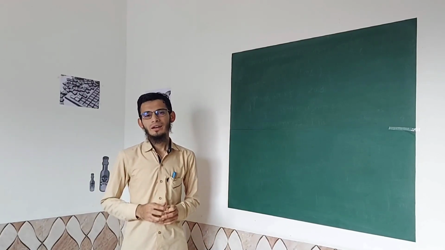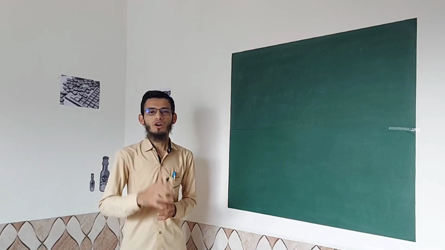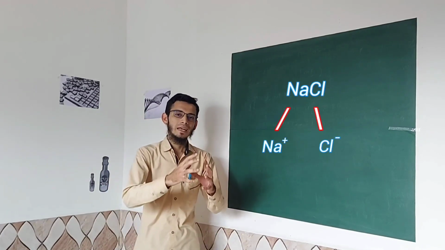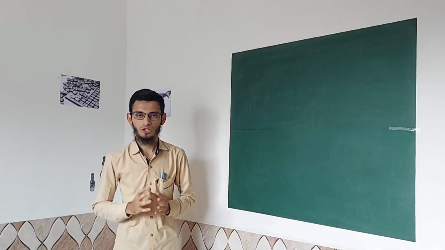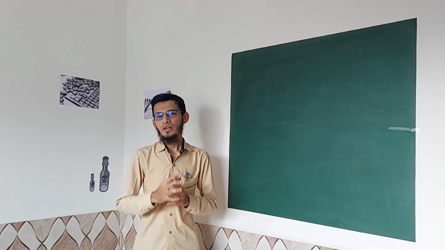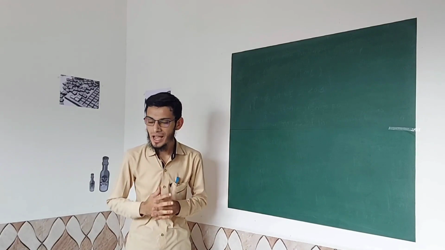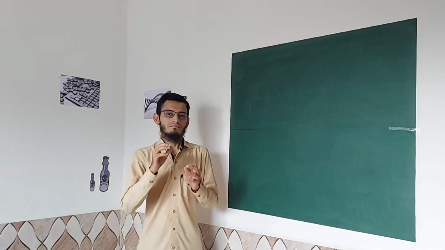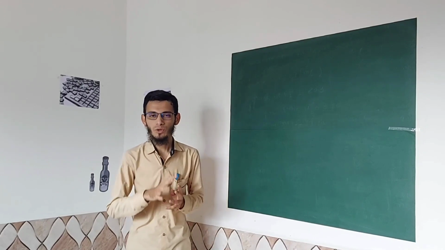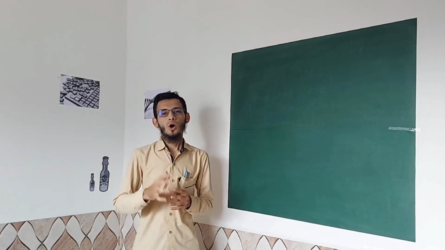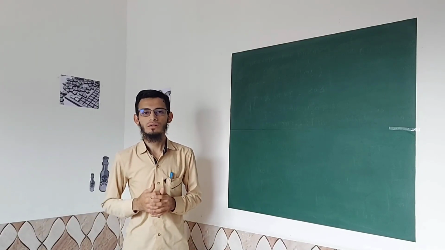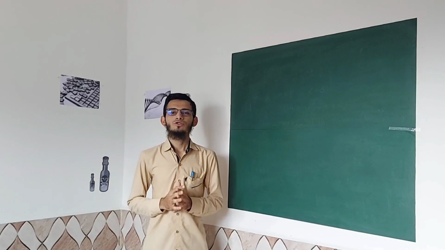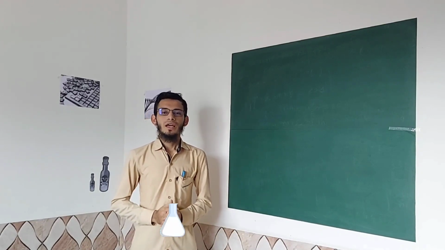Remember this thing that when we dissolve the NaCl into the water, you can see that NaCl is dissociated into the Na plus and Cl minus, okay, into the water, and there will be a sphere of dihydrogen oxide around the sodium. Okay, and giving you the meaning of dihydrogen oxide, it means water molecule. Okay, there will be a sphere of water molecules around the Na plus and also around the chlorine minus. Similarly, in the case of the liquid ammonia,